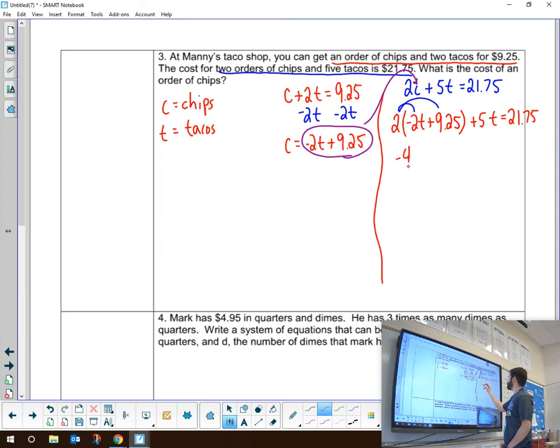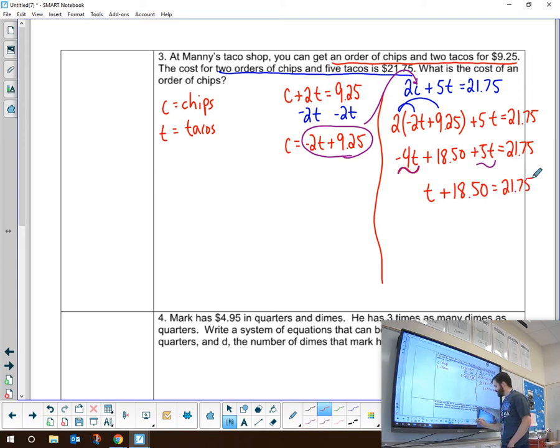We're going to get -4t plus $9.25 times 2, which is $18.50. Now let's combine like terms. Negative 4t and 5t combine to make 1t. So I have t plus $18.50 equals $21.75. I will then subtract $18.50 from both sides,